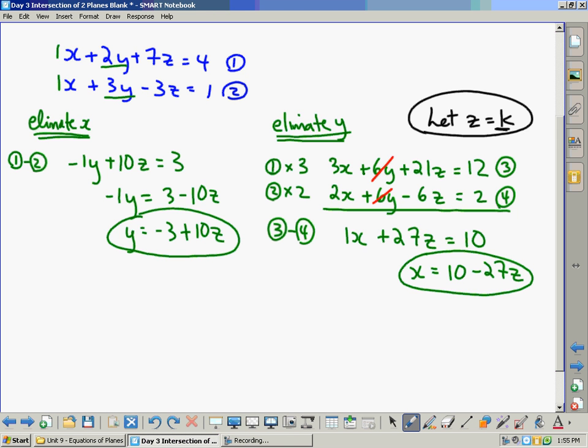We have an expression for y with a z in it, but we're going to change that to a k. And we'll have an expression for x with a z in it. We'll change that to a k. And we'll then have a parametric equation. So we've got our answer. Therefore, the equation of the line